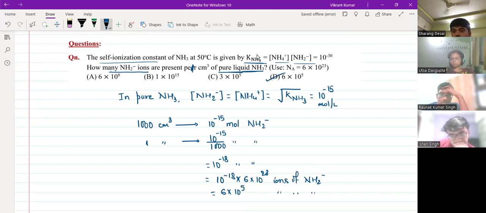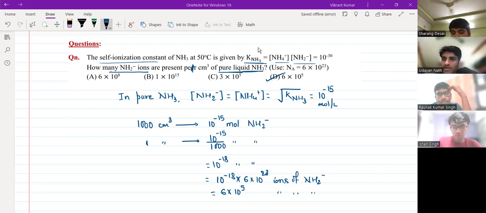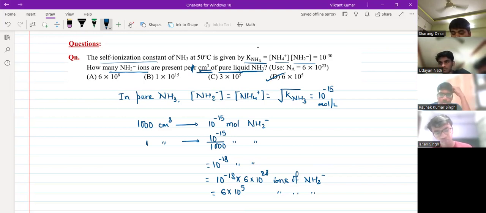What is the mistake? जिन लोगों ने, उदयन, ईशान, तुम लोगों ने A बोला था, what is the mistake? विवान ने भी A बोला है. केसी को लीटर में कन्वर्ट नहीं किया. ओके, लीटर में नहीं किया तो, अच्छा, हाँ ठीक है. But if you don't do that, अच्छा 1000 सेंटीमीटर क्यूब में ही निकाल दिया, पर लीटर में, है ना? तो we need to be careful what they are asking, है ना? So next time, whenever we are reporting the answer, we need to take care of the unit in which they are asking you the answer.